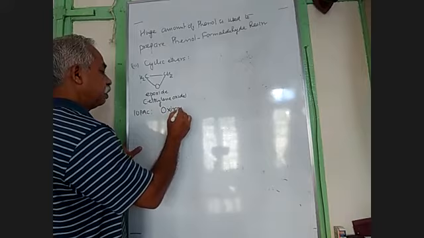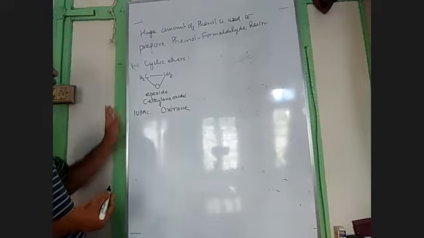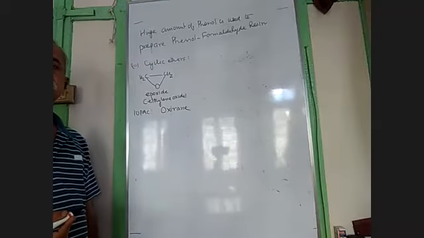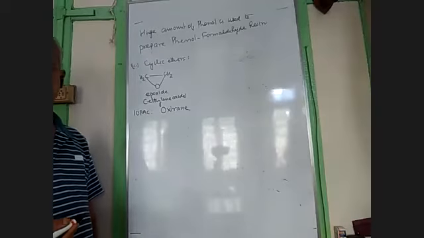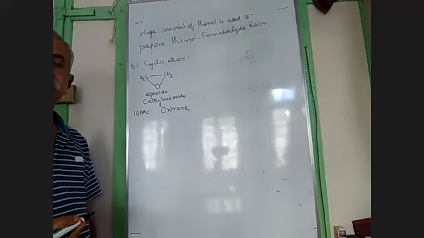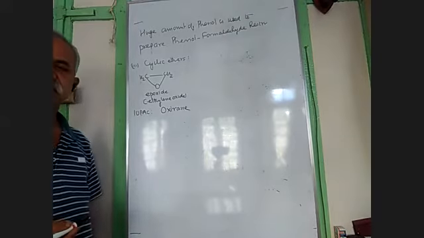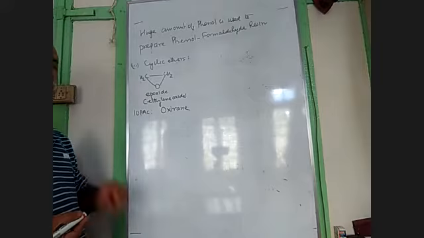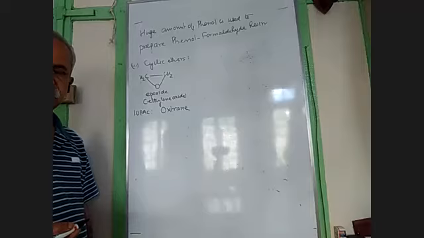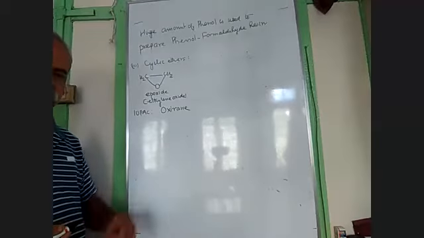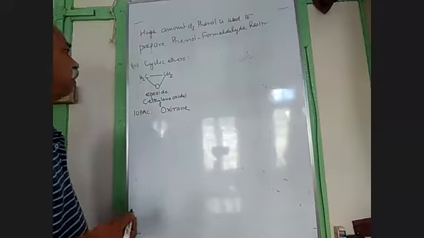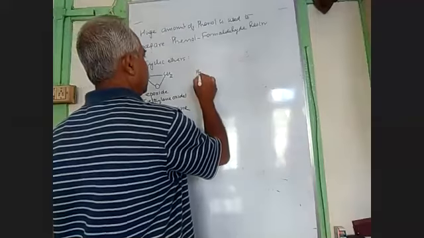The IUPAC name is oxirane. Beautiful name. This compound is commercially very important because it is used for making different types of polymers. Even your quick setting glue, like Fevikwik, is made from it. It is also used to make neutral detergent, like hand wash.